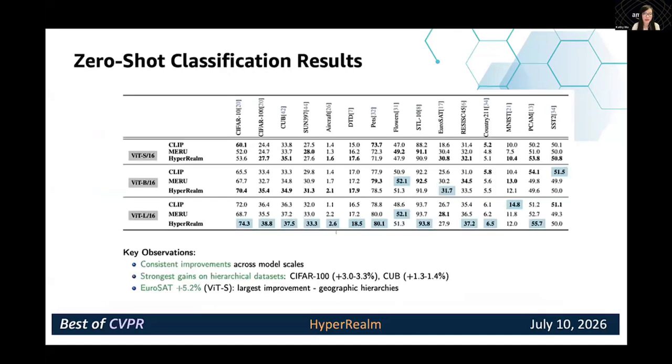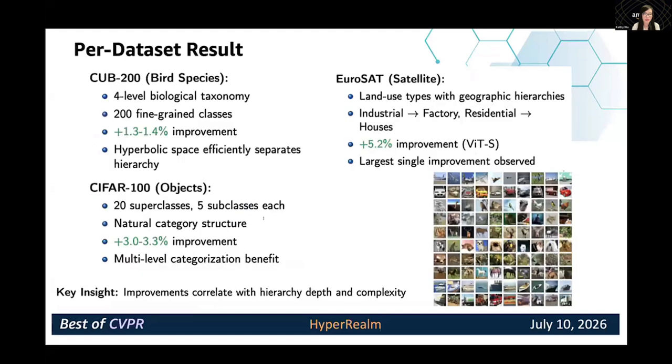And here are major results on zero-shot image classification across 18 datasets and 3 model sizes. HyperRealm consistently outperforms both CLIP and MERU. If we double-click on the per dataset performance, we can highlight that the CUB 200 has